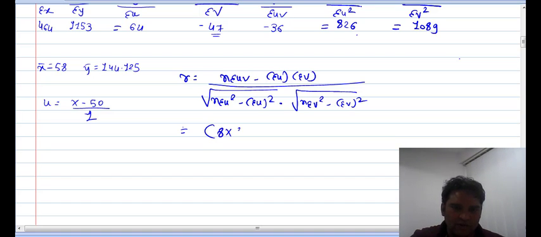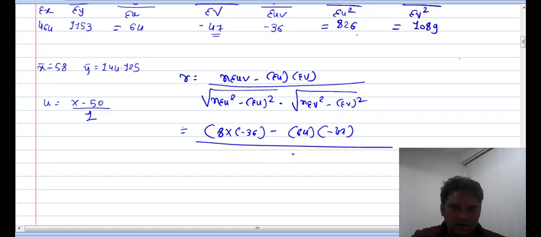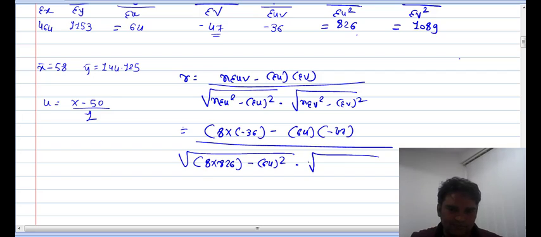What is uv? That is minus 36. Sigma u is 64. Sigma v is minus 47. Now n is 8, sigma u square is 826 minus 64 whole square, into 8 into 1089 minus